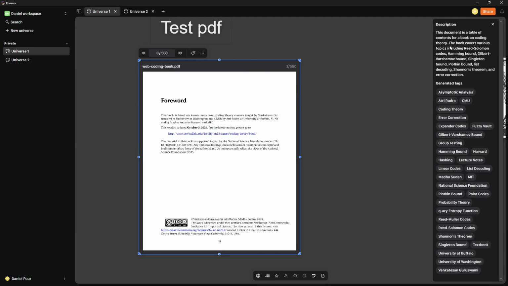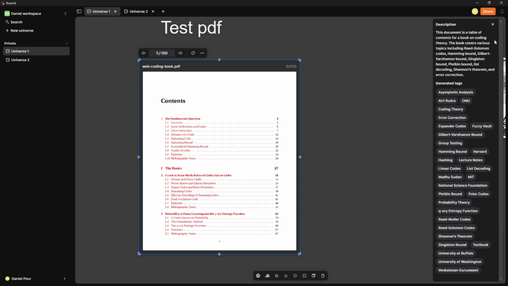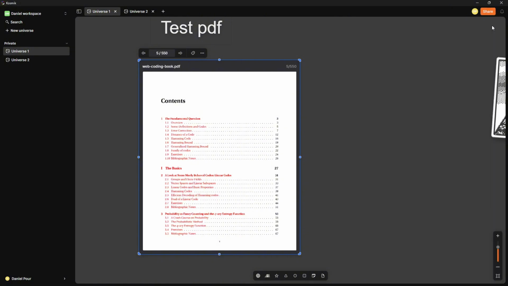I can auto tag this. Here you have the auto tagging, and it actually does quite a good job. It generates a lot of different tags. It gives me a description as well. So it does quite a good job. Lecture notes, like coding theory. Not that I've read this whole PDF, but it seems like it does a good job, so I can just go on like this. It gives me both a description and it also tags it for me,